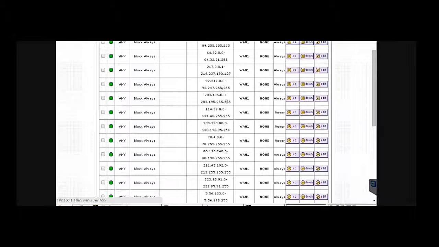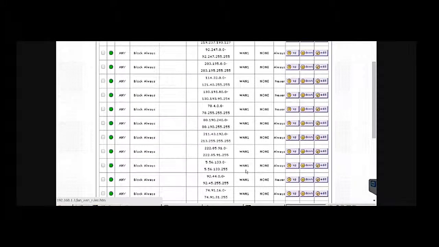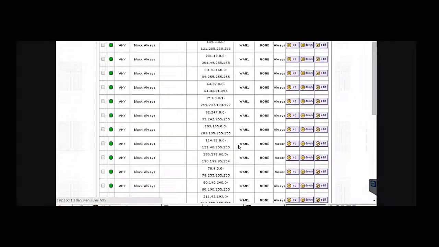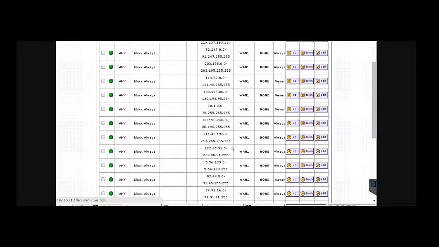You can see this is a lot of work, and this is very messy, but I have entire ranges blocked here. And I've looked them up to make sure these aren't ranges anyone will ever need. It takes a little time, but most of these are coming from other countries. This is a local business. They don't have any clients in China or Turkey or Korea. So I already know it's pretty safe. I can block these addresses, and it's not going to affect their business.